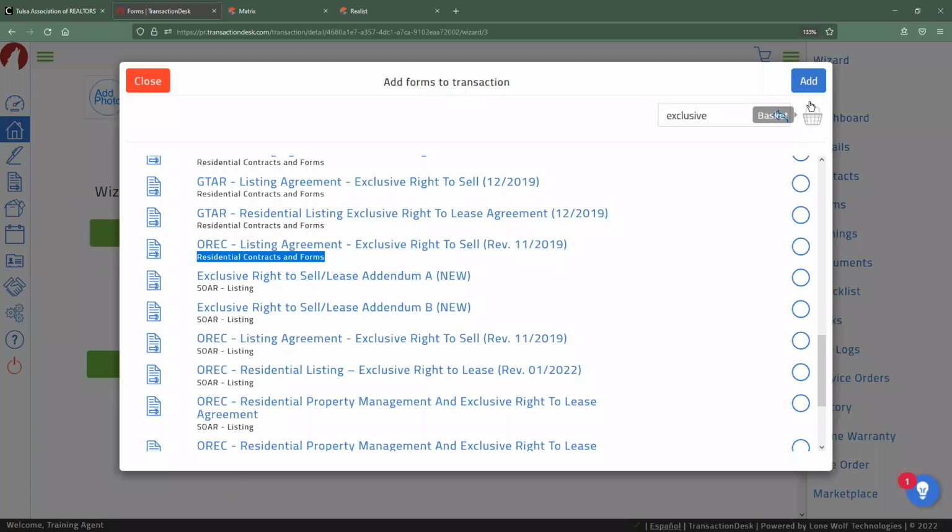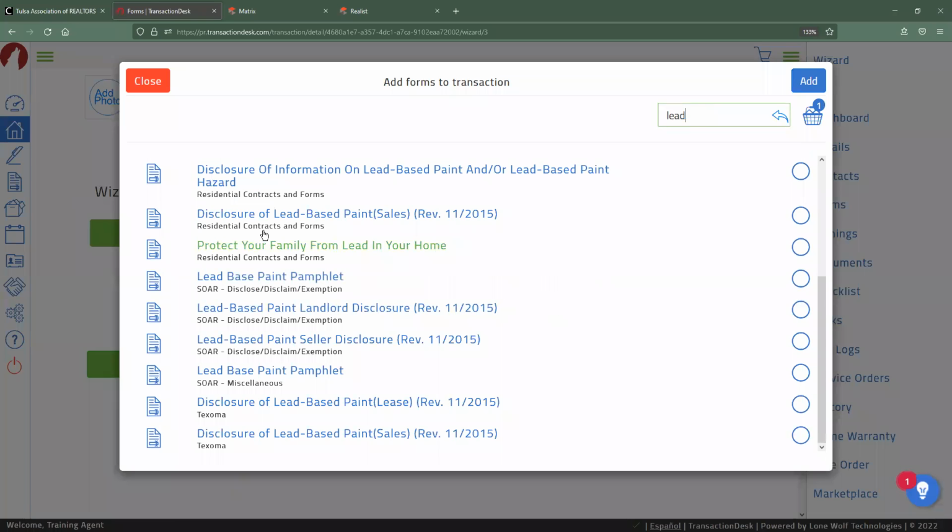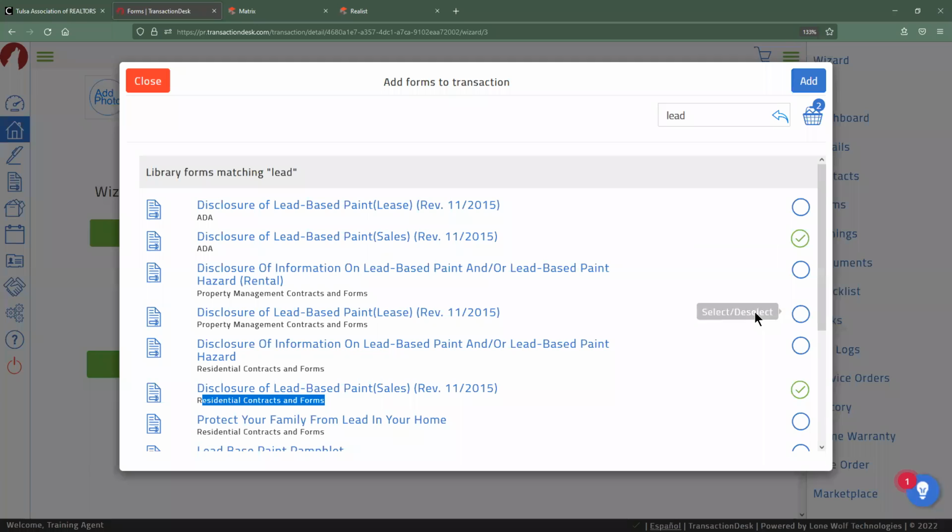I have it unchecked, no number. I check it, I get a number and an extra checkbox. So nothing to be concerned about. We get calls on that occasionally, but you don't have to worry. Now, next, I'm going to add in my lead-based paint that I skipped over already. So here's my disclosure of lead-based paint sales for residential. Perfect. That's what I needed. Oh, and it looks like I got a second checkbox, a third checkbox, but again, I don't have to worry about that. And finally, let's add in a blank addendum.